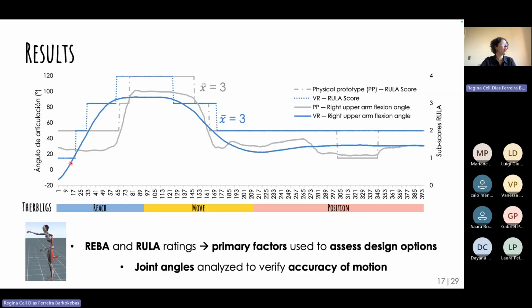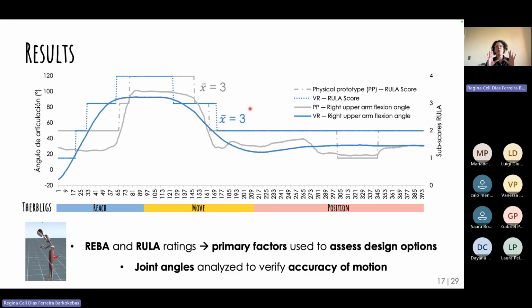And then also talking about the results, here we have the graph for the joint angles of the upper arm. So basically, as you can see here, the motion is really similar in both the virtual and the real environment, which is good because that's important for us. And why do I compare the joint angles in addition to the RULA and REBA scores? Because I don't know if you still remember from the beginning of the class,